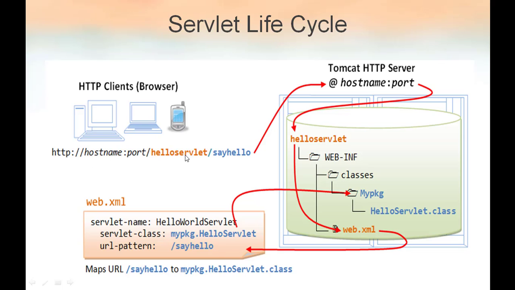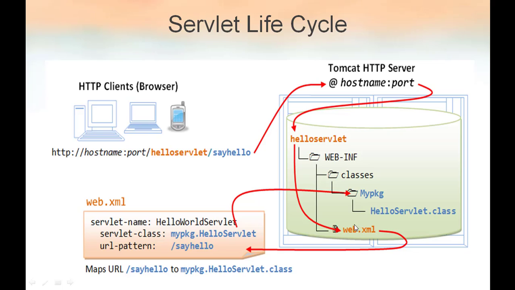Here, the client is typing the URL in the web browser. This is the servlet file, say Hello.java. After typing the URL in the web browser, now the client is clicking on the web browser. After that, this request is sent to the web application HelloServlet. In HelloServlet, it will look up the web.xml file, that is your deployment descriptor file. You can also say configuration file.